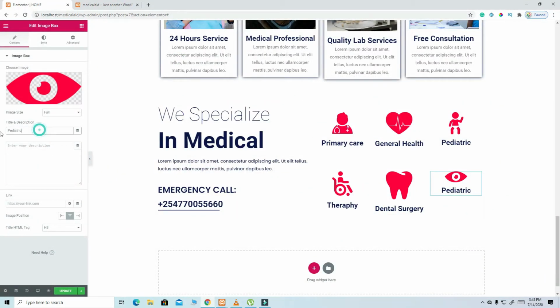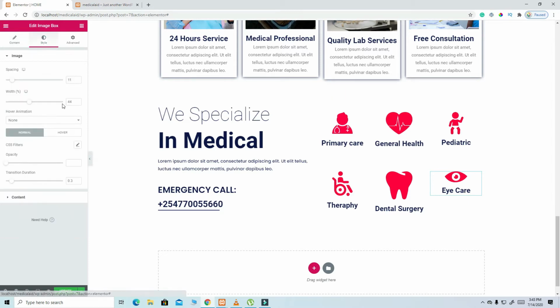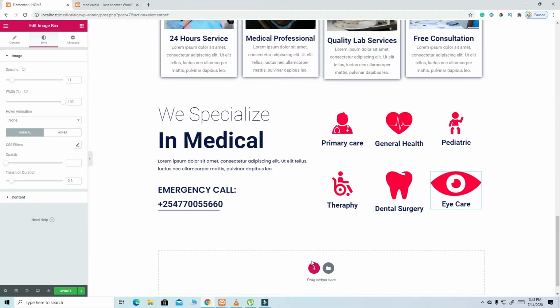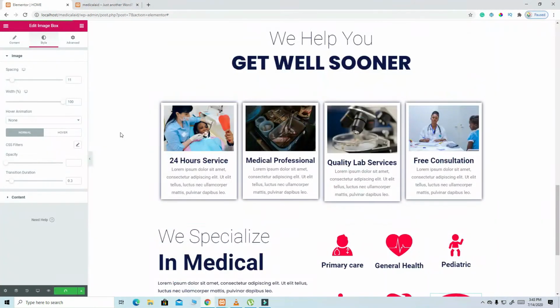Okay, let's type here, and then we say eye care, here like that, and then I'm going to click here. So I need to make this one uniform, so what I'll do, I'll just click here, this one, but you get the concept. The most important thing is for you to get the concept. So I'm going to update it like so, and then let's check our website so far, what we have done,